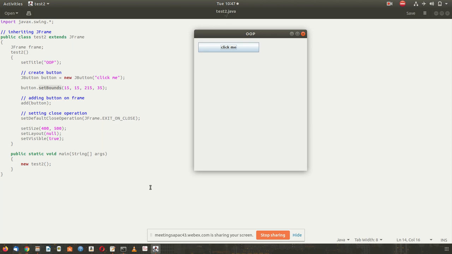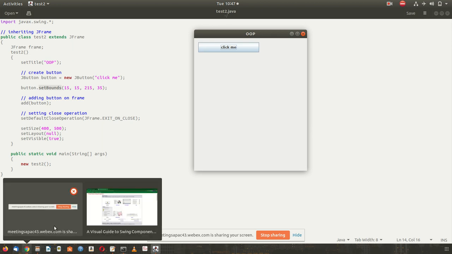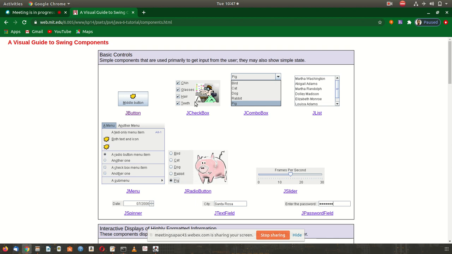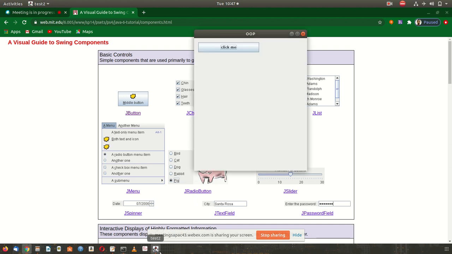We have so many graphical properties here. This is a button, this is a checkbox, this is a combo box, this is a list, this is a menu item, this is a radio button, this is a slider, a volume slider, this is the date chooser, this is a text field, this is a password field. So every Swing component here has some activity associated with itself.